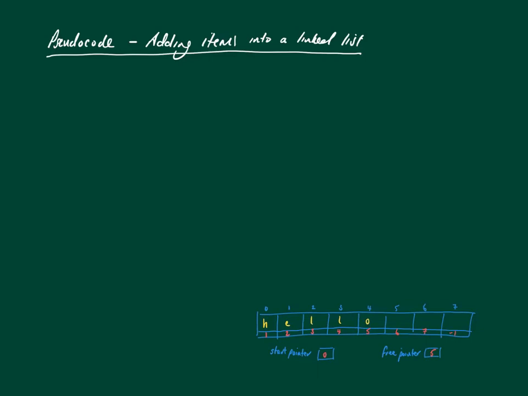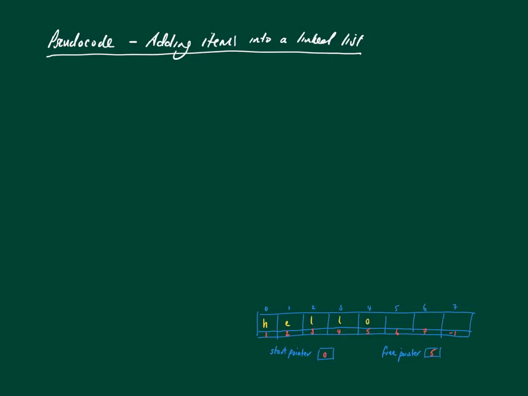Here we're going to look at the pseudocode required for adding items into a linked list. The first thing to point out is that this time we're going to be using the free pointer. We haven't really talked about this before, but just to recap very quickly, the first part of the linked list here shows you the nodes which actually contain values. The second part of the linked list shows you the free nodes linked list, as I mentioned in an earlier